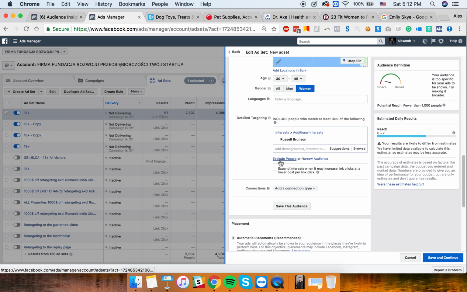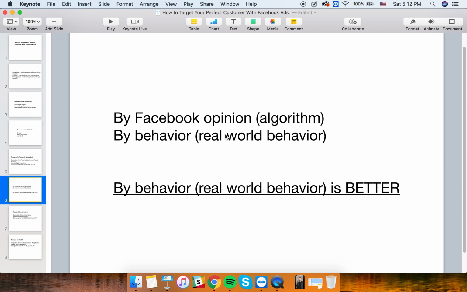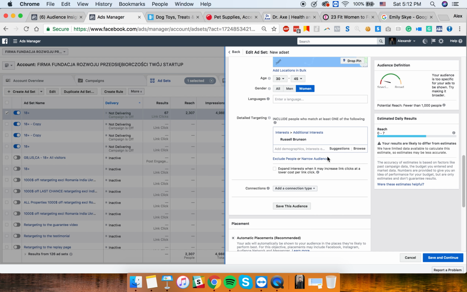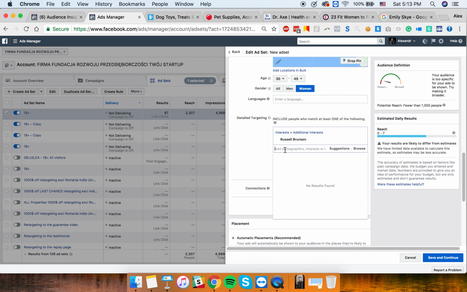They put you in one of those buckets, either by Facebook's opinion or algorithm, or by your behavior. By liking, commenting or engaging with some of the content of some of the people, they put you in that bucket. And then when you go into Ads Manager, you have all of these options available, so you can see if it makes sense for you to target Russell Brunson, or it makes sense for you just to target, I don't know, let's say